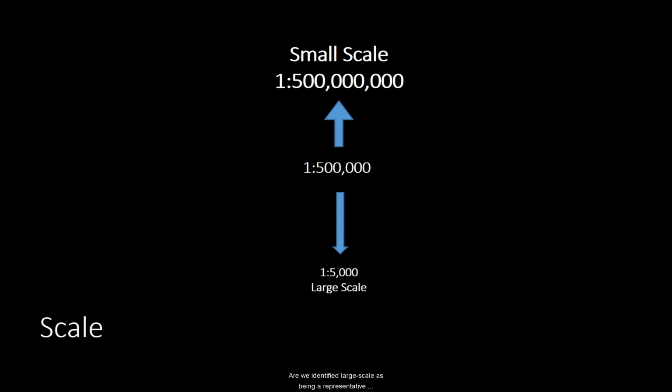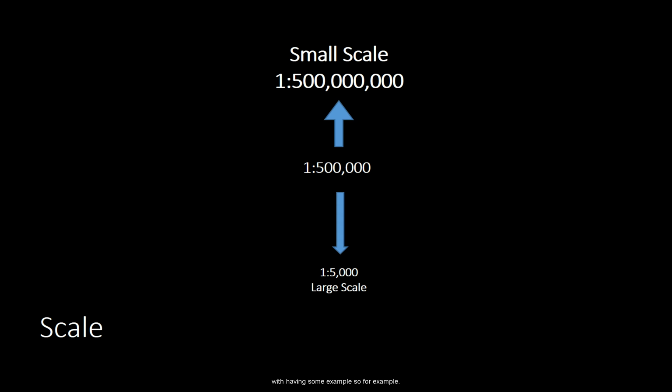We identified large scale as being a representative fraction of 1 to 5,000. Remember, large scale showing a small area with a lot of large detail. And then we have our small scale, for example, 1 to 500 million. This is going to show a large area with little detail. And these are just something good to put in your notes and practice saying over and over again